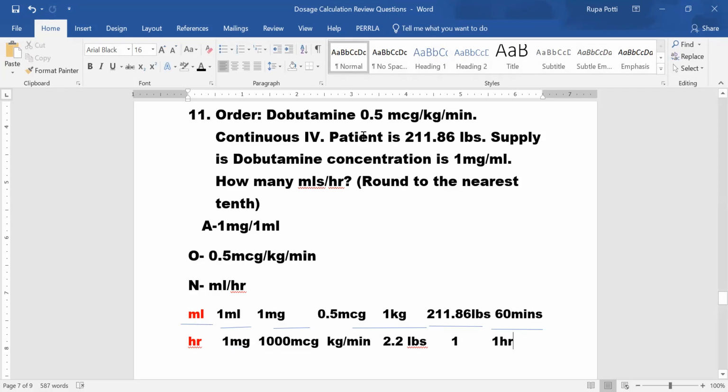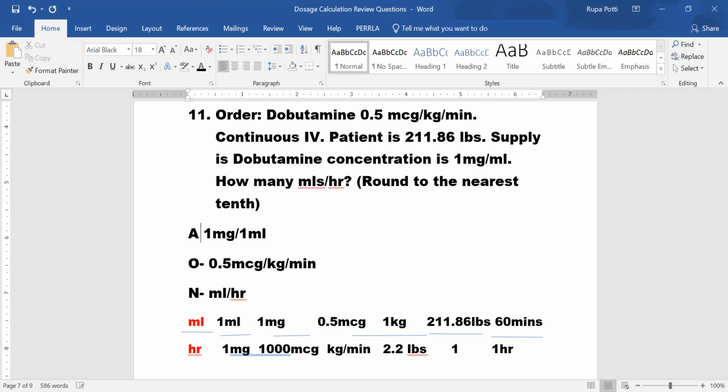When you check it, you have used up this particular number, 0.5 micrograms per kilogram per minute. You have used up your pounds, and you have used up your concentration, right? So you have pretty much used whatever numbers are required in this particular problem. So again, to just give you an overview, you read your problem first, and then you start off